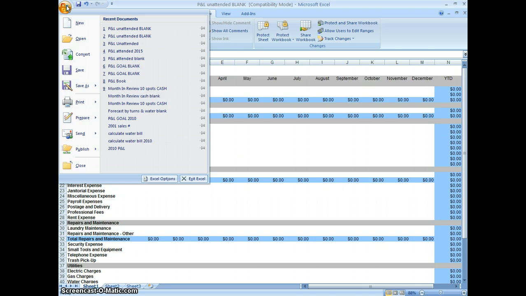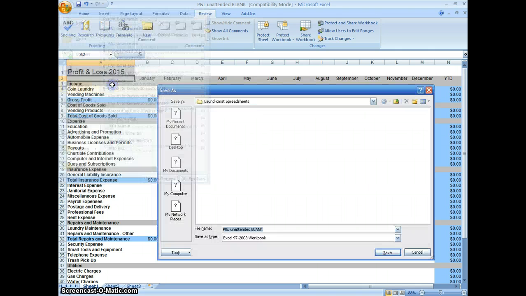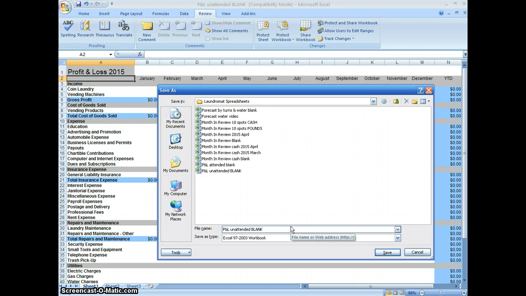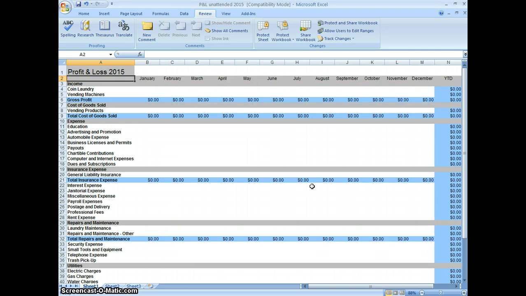I'm going to go to this icon, go to Save As, a workbook, and then change the name of it. I'm going to erase blank and put the year in there, and then click Save. So now I have two copies of this. I have a blank copy in my folder, and I have a copy named 2015. So now I know that I have those two sheets in there. If I make any mistakes, I can go back and start over with my blank. And as the years go on, I can quickly reference what year I need to get into